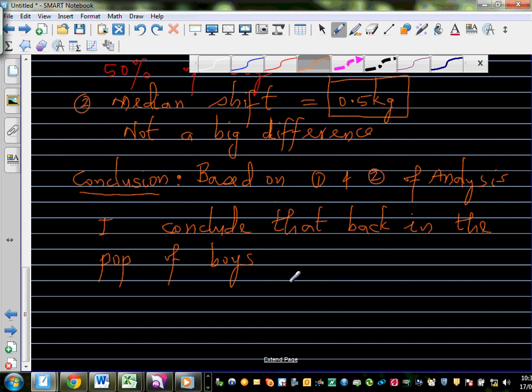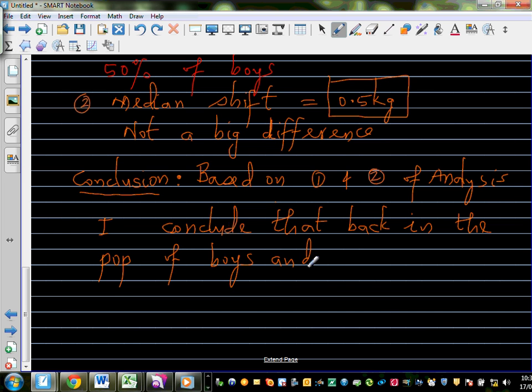We are trying to make sense of what would be the population median. Based on this sample statistics, can we talk about the population of boys and girls? So I conclude that back in the population of boys and girls of year 11 students at CHBC,